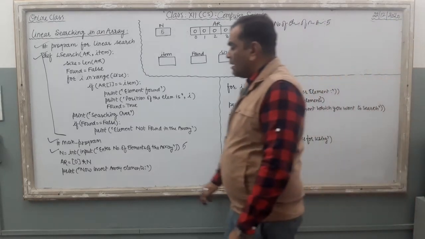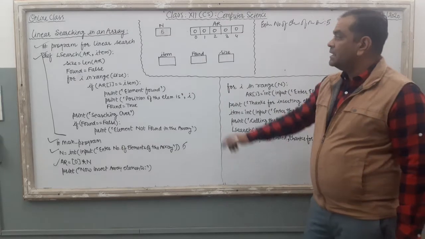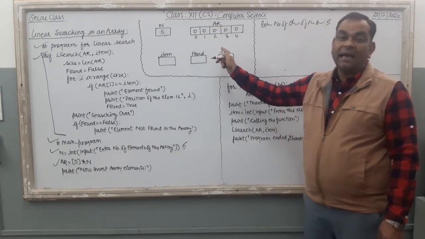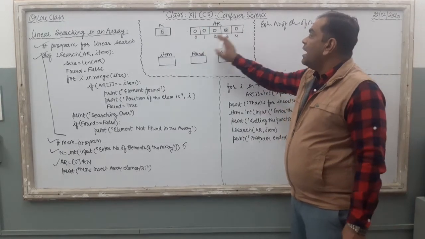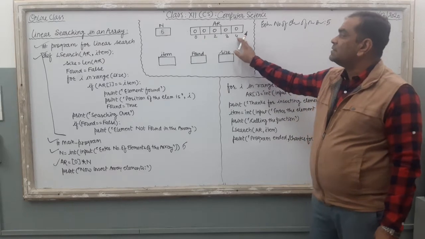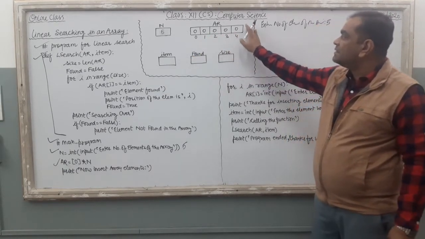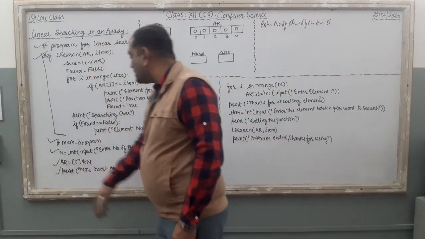Clear? Then computer is here in the next line. AR equal to 0 into n means what? If n is 5, so AR is created. AR is an array. It is created with the default value 0, and total slots reserved by this array are 5. Clear? It starts from 0, and this is the array.